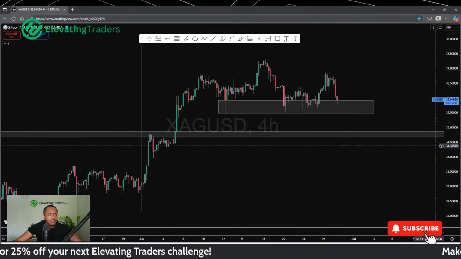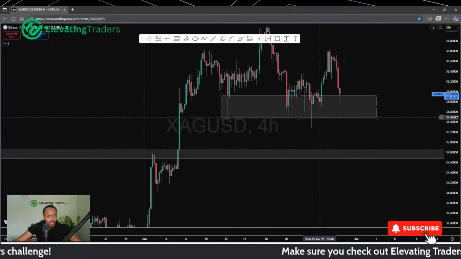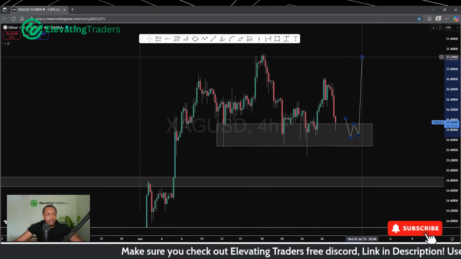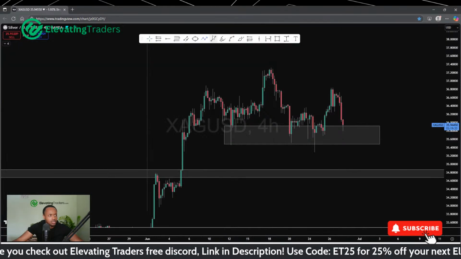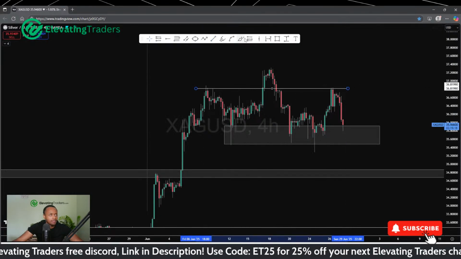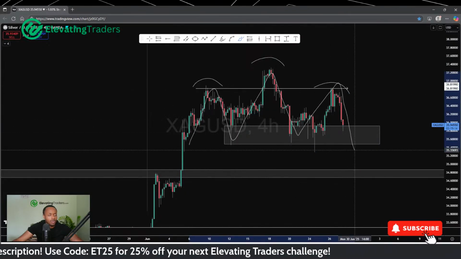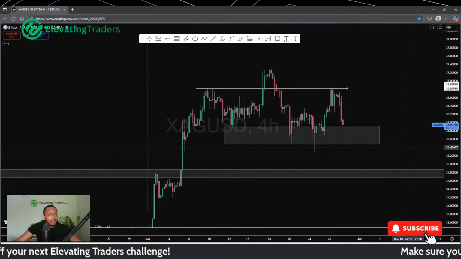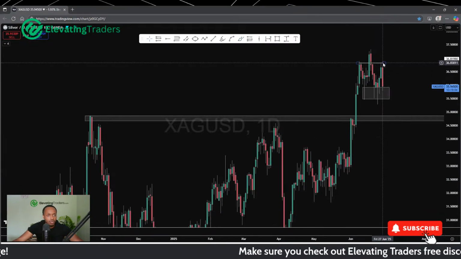Strong push to the downside. I know silver has got some meaningful support in this area. A lot of wicks in this area, so potentially we could still see silver react with this area and push through, but I'm not convinced personally. We had a very strong reaction at this head and shoulder level. So you got the left shoulder, the head, right shoulder. Are we forming a head and shoulder pattern here to reverse? Could be. Again, I'm not really interested in shorting silver, so that head and shoulder pattern doesn't really do much for me.